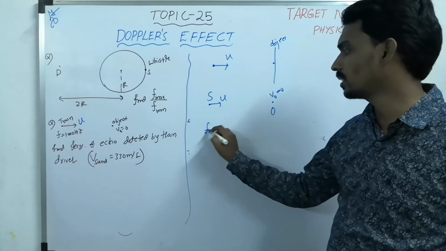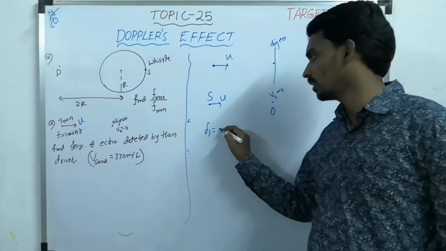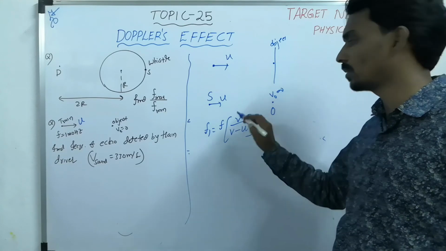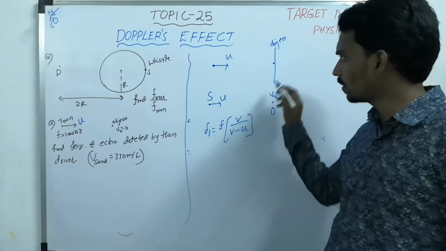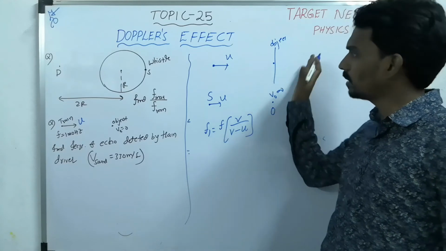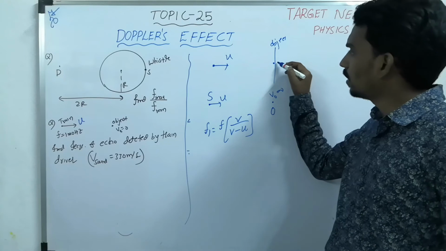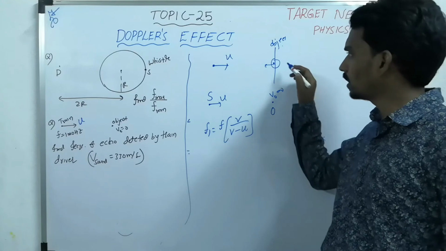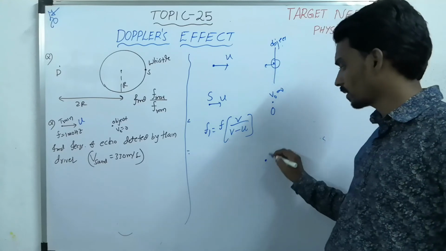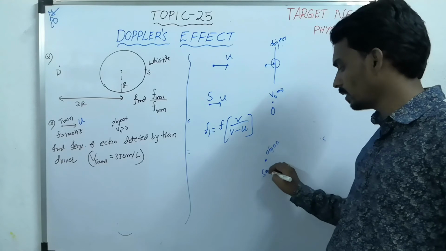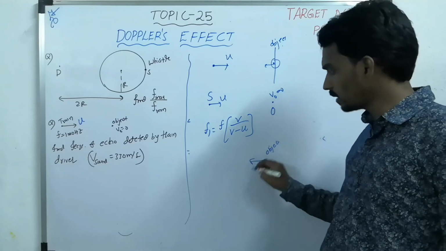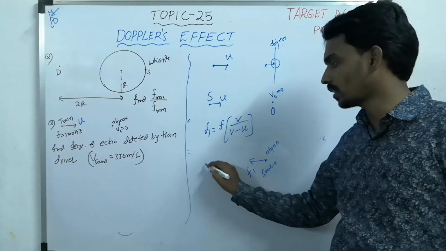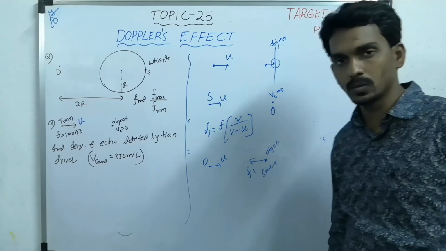Then what is the frequency received by the object first? That is f into, the observer is at rest, so source approaching means V minus U. This is the frequency received by the object. The same thing will get reflected. But while reflecting, the object is at rest, which means it now behaves like a source. The object sends the frequency F1, and it should be received by the train, which is now the observer, approaching with a speed u.